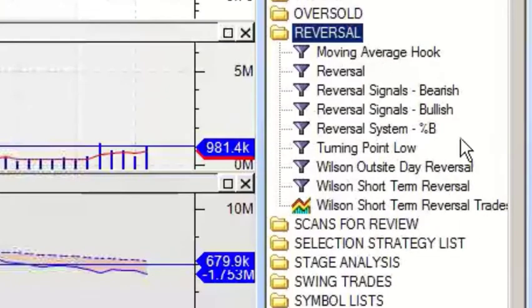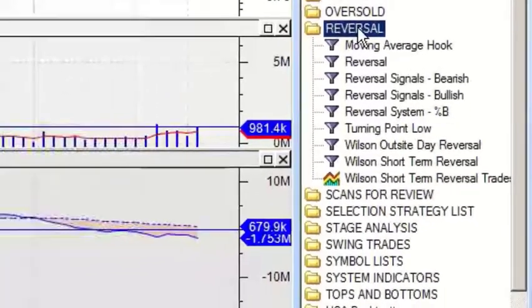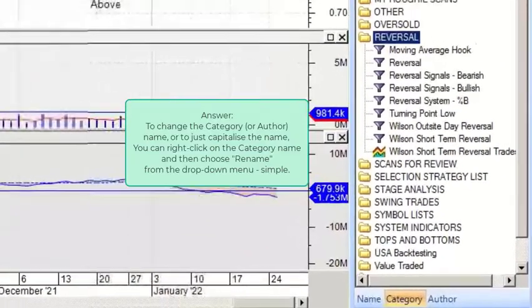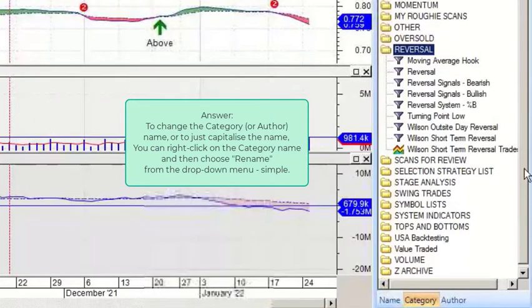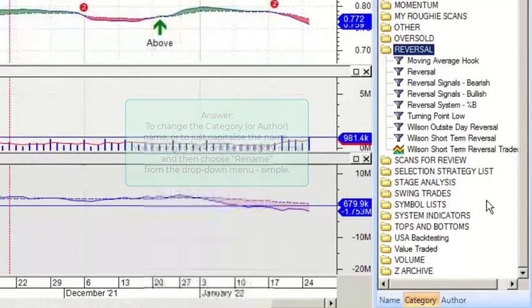No, I've actually, you'll see a lot of these. These are your standard BullCharts scans. All I've done is I've just gone in and changed that to a capital, just for my own old attentive mindset. I certainly haven't deleted any of the standard scans knowingly.